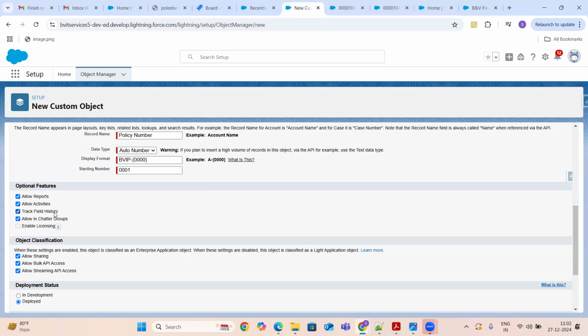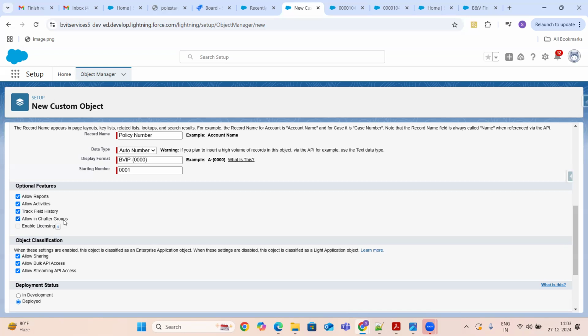In real-time applications, for each and everything, even small things, we have to capture and store it. Then only if a customer comes back to us and asks any question, we can clearly provide the service, saying, sir, on this date you raised this request, and because of this request, we have modified this to this value. Like that, for each and everything, we have to maintain the proof and keep track. So if you want to track any changes that are going to happen on this object, you have to enable this track field history.